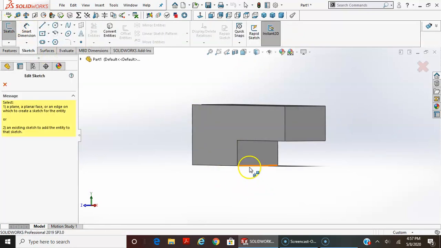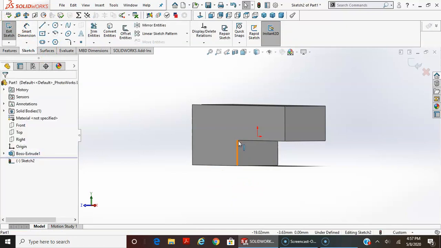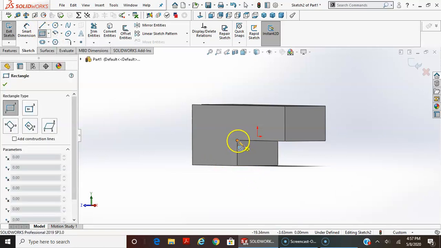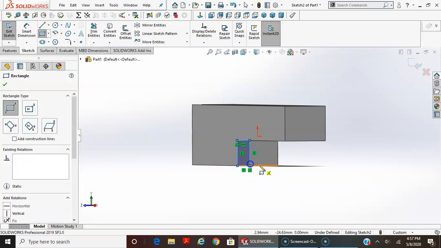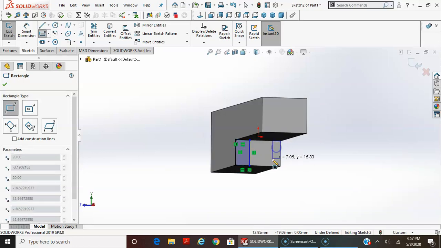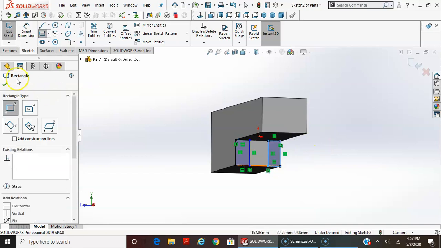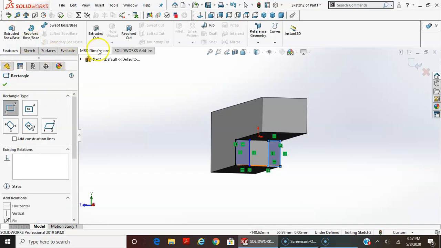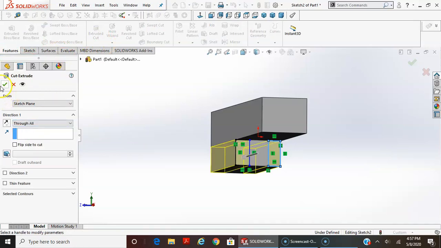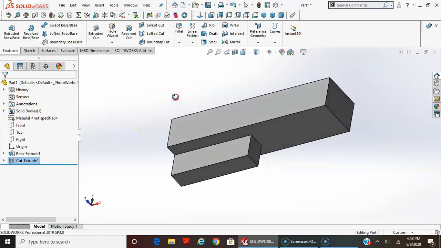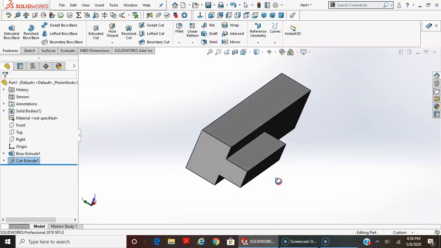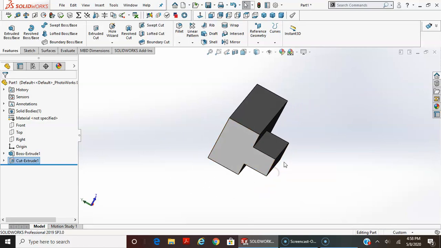Another thing I'll do is I'll just do another sketch. I'll do a corner rectangle to here, and then maybe another corner rectangle here, and then I'm going to go features, cut, and let's just go through all. So this can be obviously dimensioned. And then I can do the slot on this face. But there's another issue here on this,